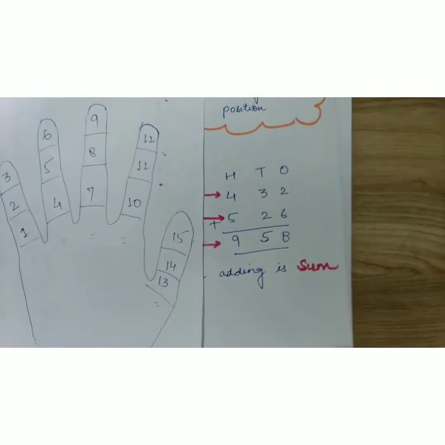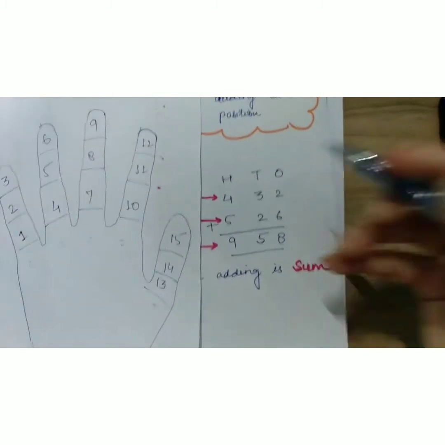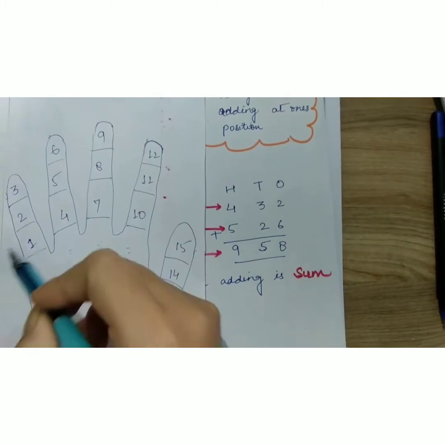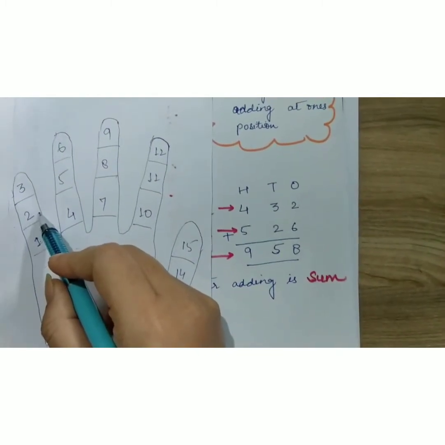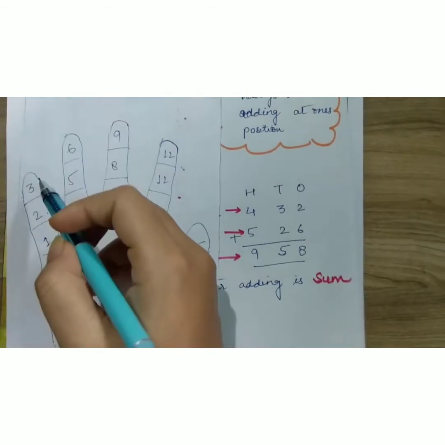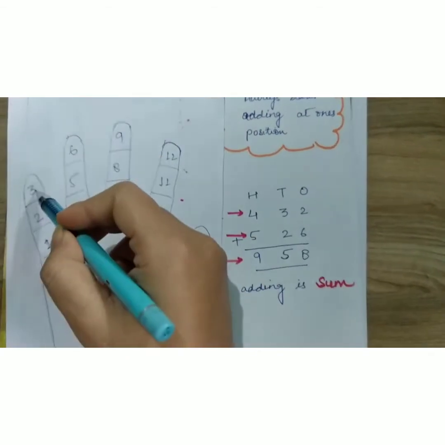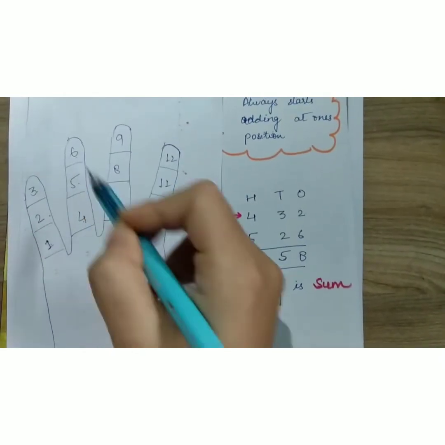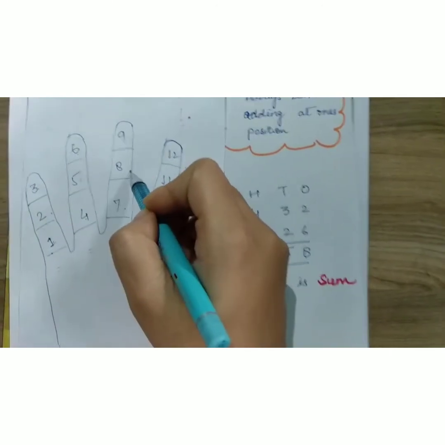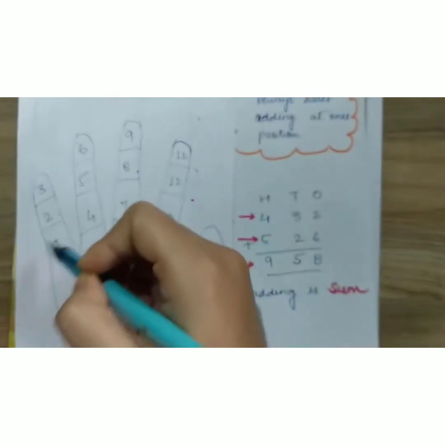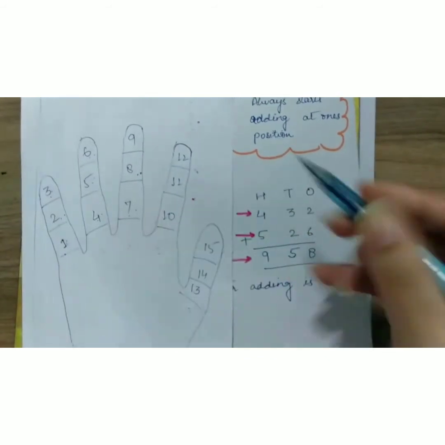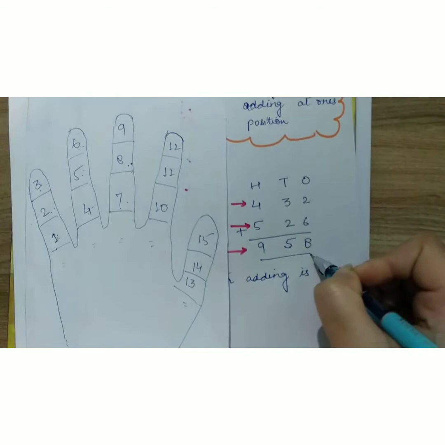Chalo. Let's start adding the digits which are at one's place. So first number is 2. We will count 1 and 2 on our fingers. Next number is 6. So after 2, we have to go 6 more digits. So 1, 2, 3, 4, 5 and 6. And from where we have started until where we have reached, we have to count it in a flow. 1, 2, 3, 4, 5, 6, 7 and 8. So 2 plus 6 will give you 8.